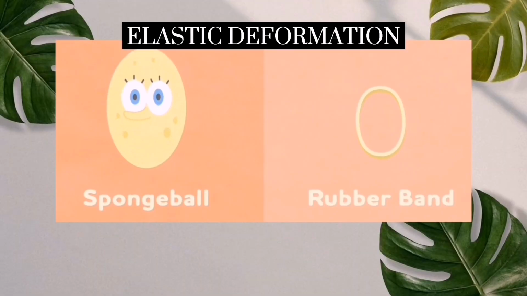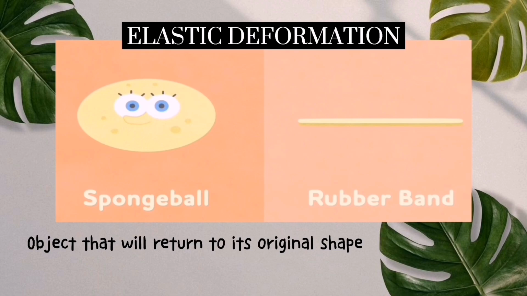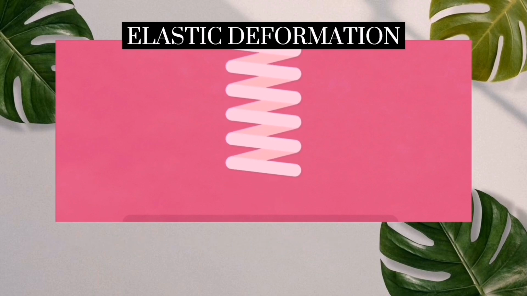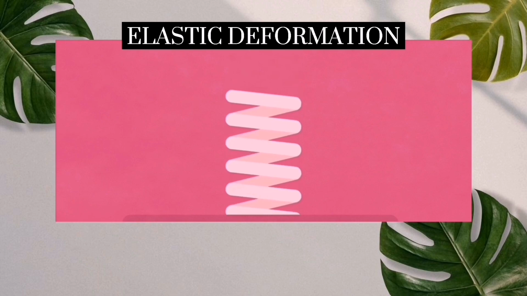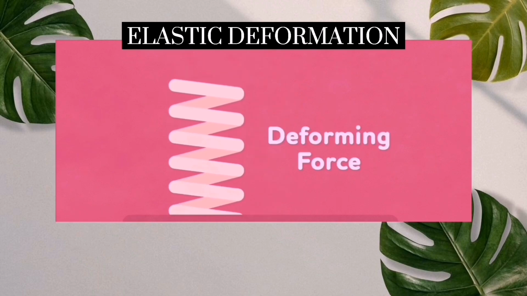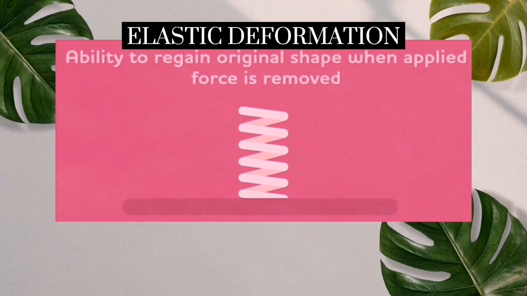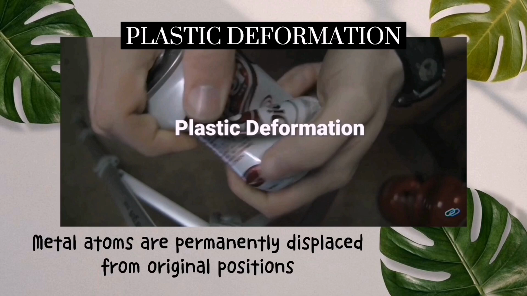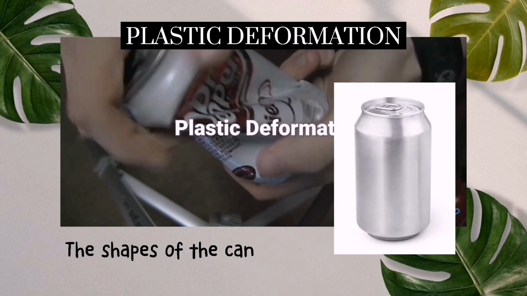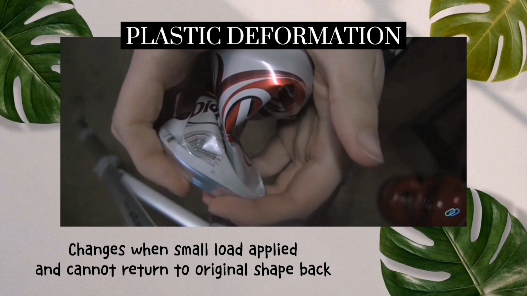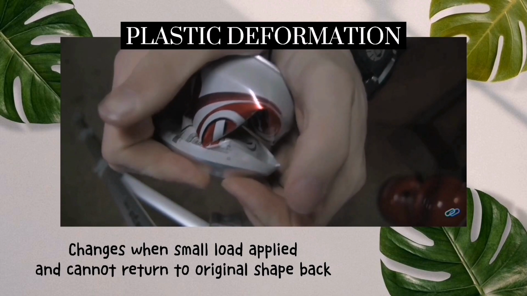For elastic deformation, the object will return to its original shape when the deformation is removed. For example, before any load is applied on the spring, the shape doesn't change. The shape starts to change when a small load is applied by stretching the spring. And it will return back to its original shape when we unload it. Elastic means reversible. Meanwhile, plastic deformation is when metal atoms are permanently displaced from their original positions. For example, the shape of the tin can doesn't change because no load is applied. It changes when small loads are applied on it, and when the load is removed, the tin can doesn't return to